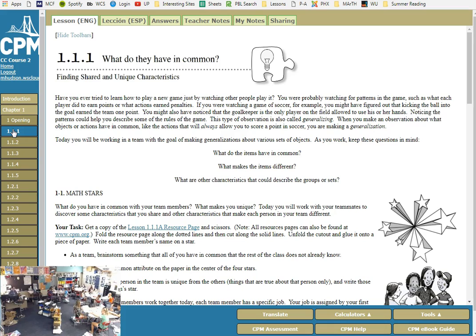Anyone want to read for us? Anyone a good out loud reader? Yeah, Grant, you want to read this first paragraph? Have you ever tried to learn how to play a new game just by watching other people play? We're probably watching for patterns in the game, such as what a player did to earn points, or what actions earn penalties. If you were watching a game of soccer, for example, you might have figured out that kicking the ball into the goal earns the team 1 point. You might also notice that the goalkeeper is the only player on the field allowed to use a hand. Noticing the patterns can help you describe some of the rules of the game. This type of observation is also called